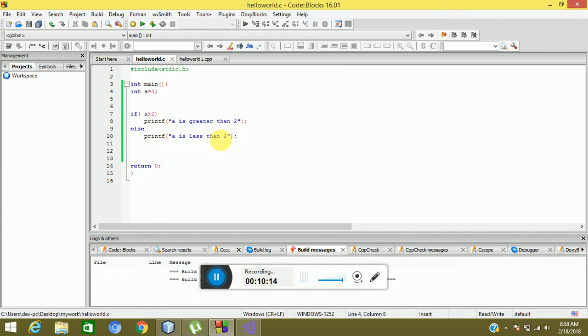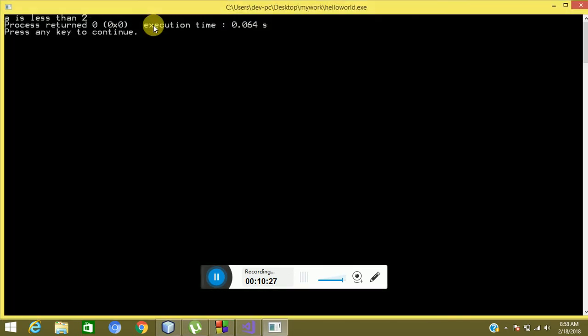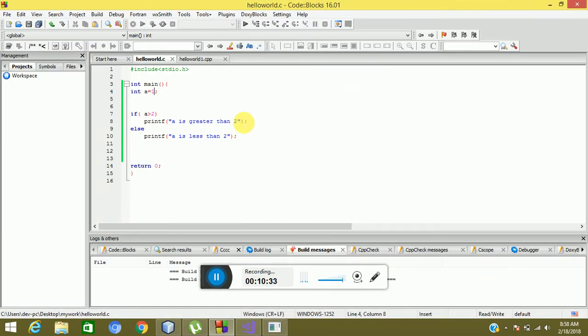To demonstrate the else part, let me have this value 1. So now A is less than 2, so it should print A is less than 2. So yeah, we can see in the output A is less than 2. Now going on with the next part, we can have like 2 or 3 conditions as well. So for that we have another keyword, else if